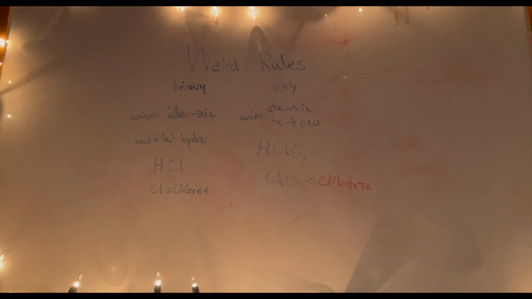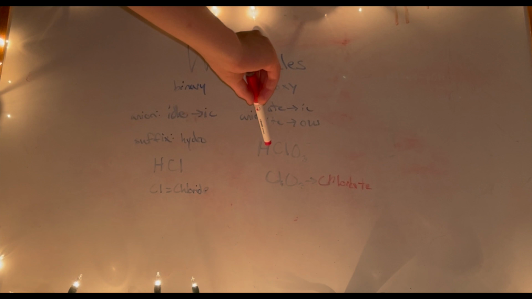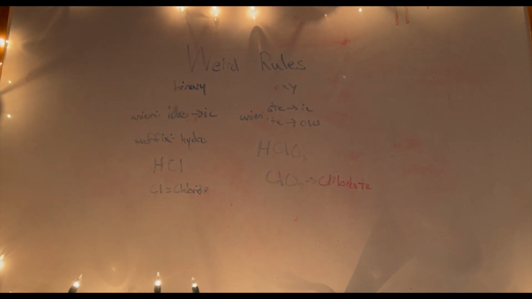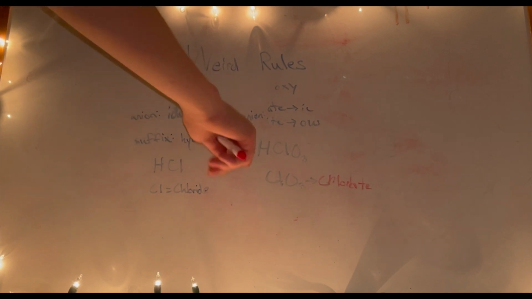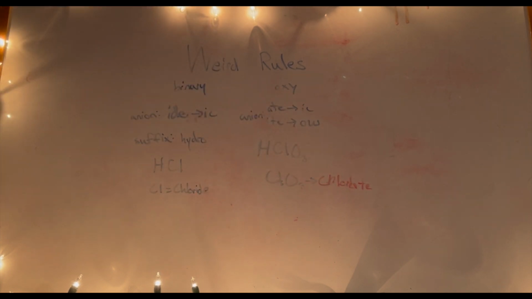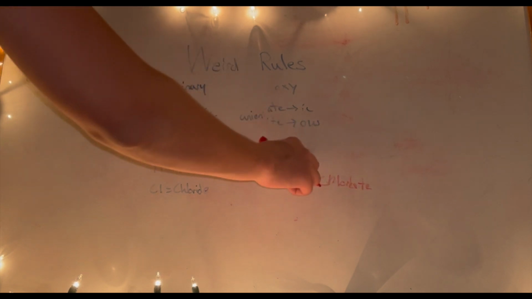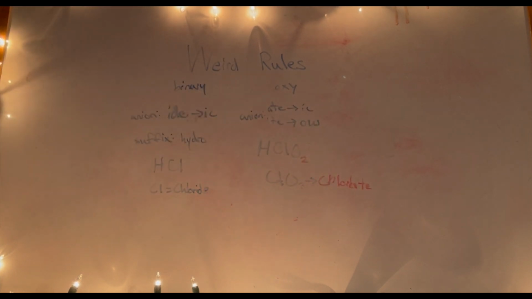And then it's pretty similar for oxyacids, obviously without the prefix. So if something ends with "ate," it's going to be changed to "ic." If it ends in "ite," it's going to be changed to "us." So for HClO3, since ClO3 is chlorate, it's going to be changed to chloric acid. If it was ClO2, which is chlorite, it would be changed to